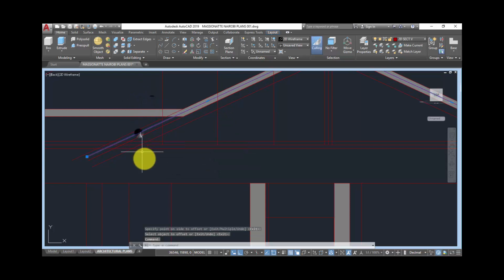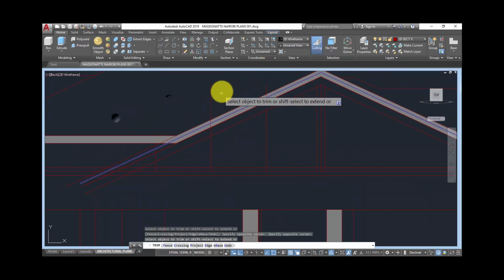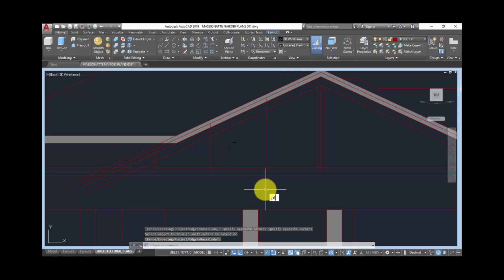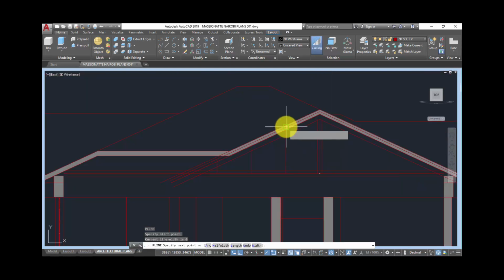I'll select it as a cutting edge and I'll trim off every element. We have done so to define the midpoint. So I'll draw the polyline that will indicate how the truss will look.